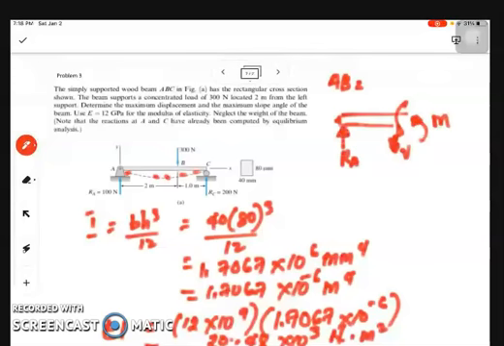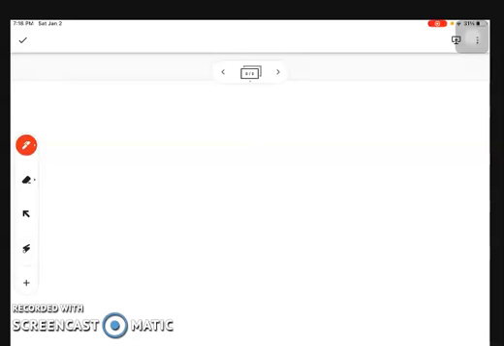Our moment here is equivalent to, with this distance being x, 100x, in Newton meters. Then if we section segment BC, we have point A with our reaction at point A, 100 Newton. Then we have a load which is concentrated, 300 Newton. This is our shear force, we have our moment, and this one is 2 meters, and this arbitrary distance is our x.